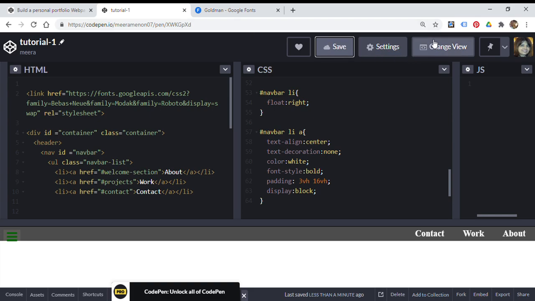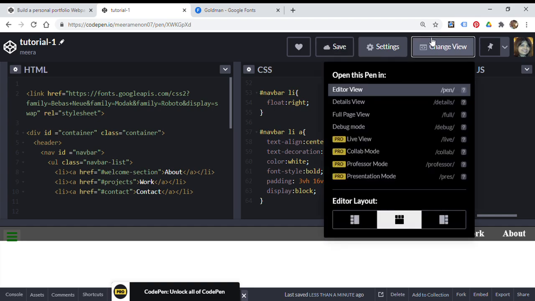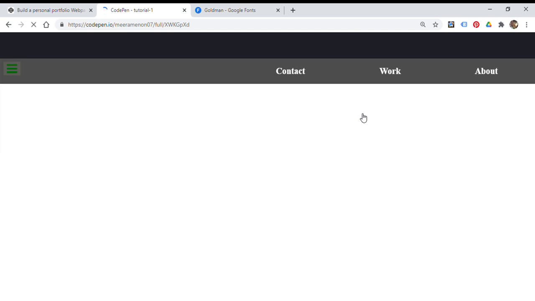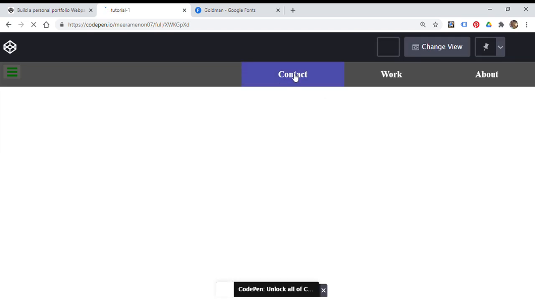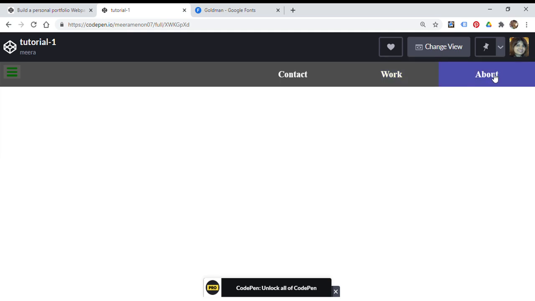Let me save it first, and then if you change your view, you will find the full page view. This is your navbar. Contact, hover, nice hover here, hover here.